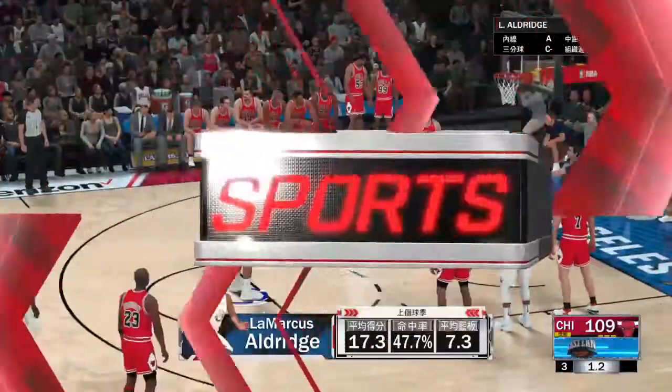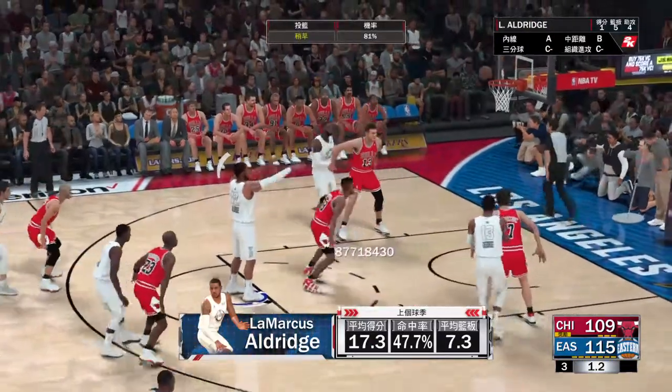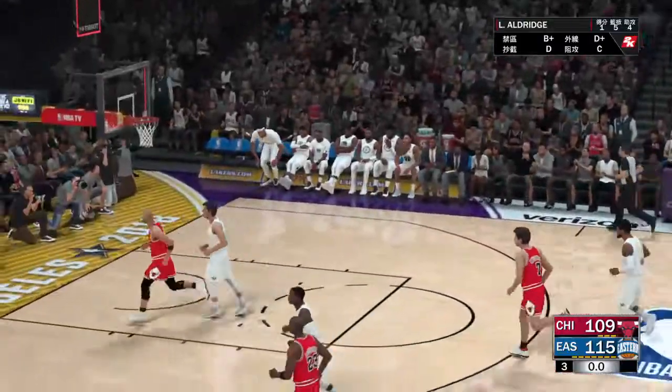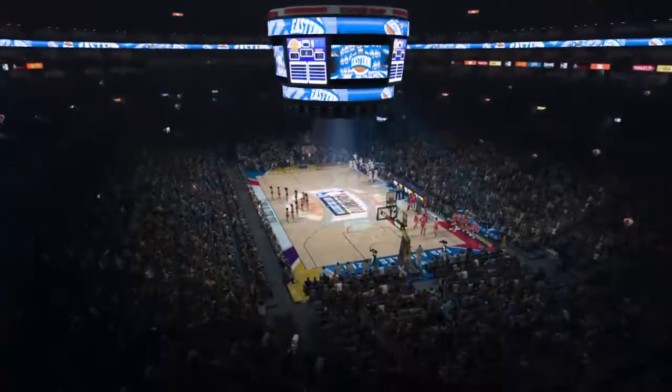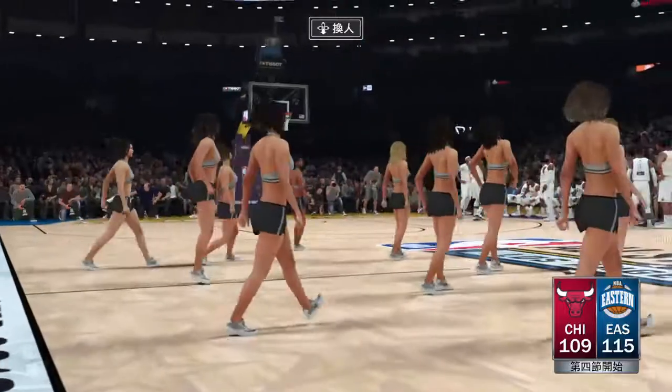And that one falls for LaMarcus Aldridge. No good on the second, so he hits 1 of 2. And a great show through 3 quarters as we enter the fourth. Who will... And we're set to start the action up here in the fourth quarter. And if it's anything like the first 3, we should be in for a...